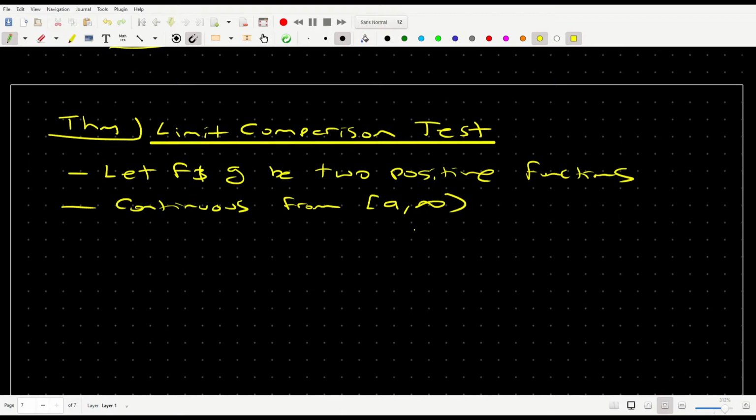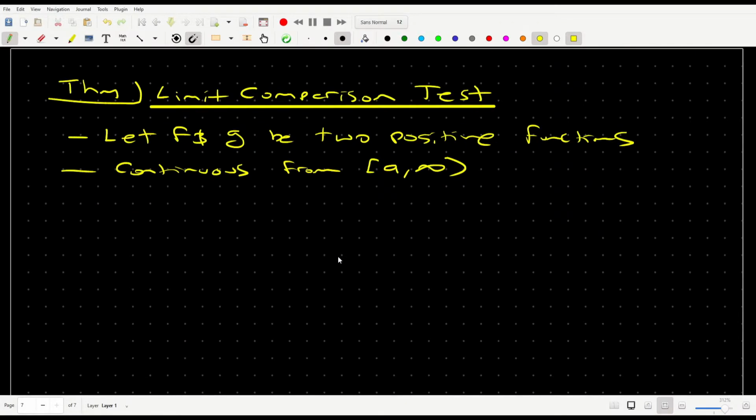There are restatements of both these tests for improper integrals of type 2. I won't be going over those because they're very, very similar to the statements for improper integrals of type 1, just with a few slight changes. But so the idea then is that we have two positive functions which are continuous from a to infinity, and we have to assume one final thing,